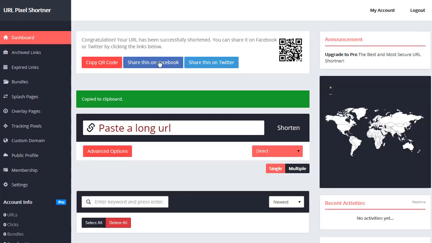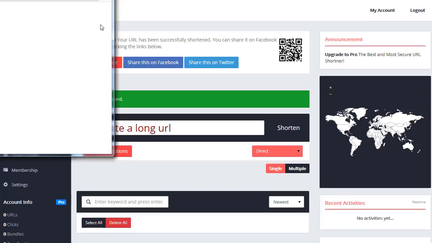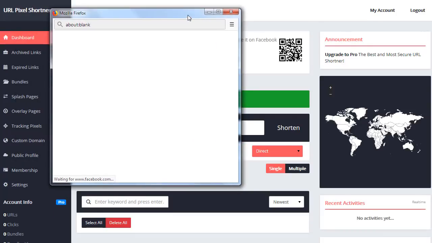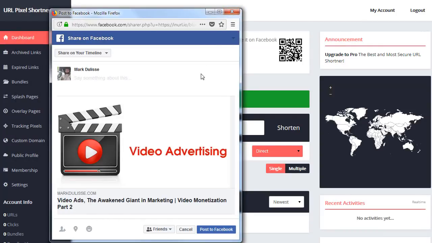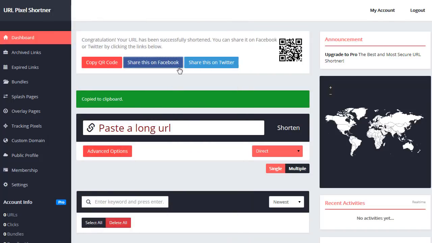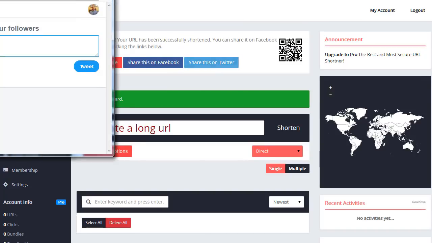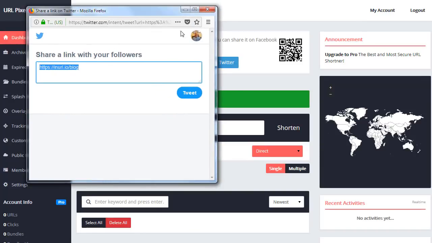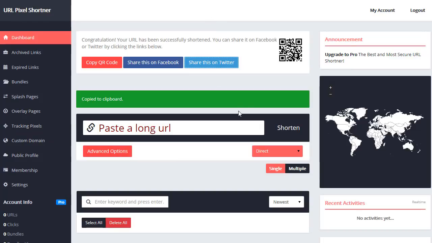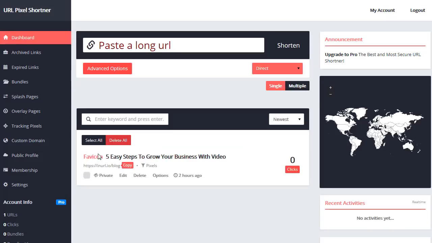I can share this on Facebook. I can share this on Twitter. So if I open this up, it's going to share this automatically on Facebook. There's right there. And there's the Facebook share, and I can add my stuff and post to Facebook. All right. Same with Twitter. I can share this on Twitter, and so forth. There's the URL, and I can tweet it out. So that's really cool. And now if I go back to the dashboard, you'll see there's the link right there